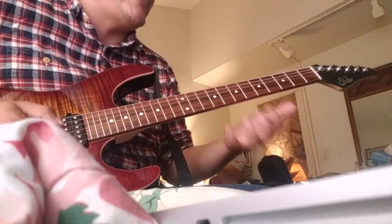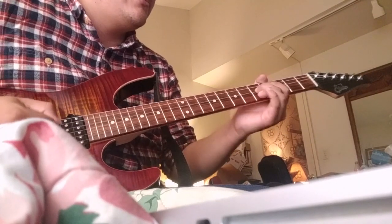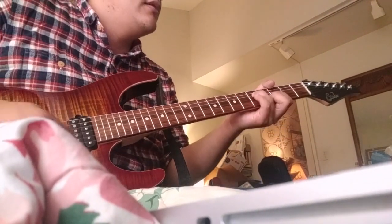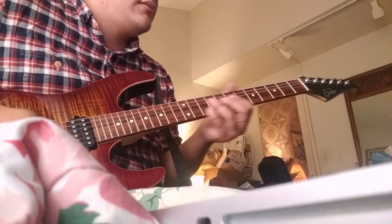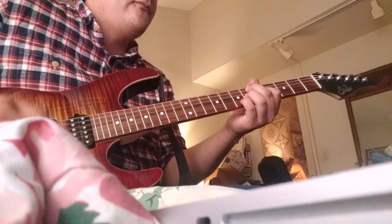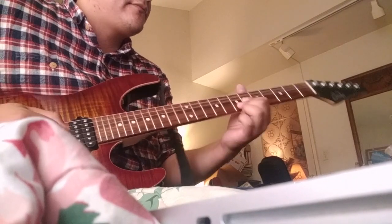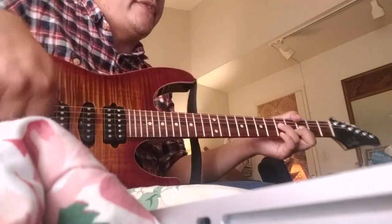And then here, what I do is the end of part 2. So slide 3 to 5 on the D, 4th fret of the B string, right? And then there's a part where it goes into... so it does a... And what's happening here is that Hendrix chord, but just 2 notes of it. So we're playing the 6th fret of the G, 7th fret of the B. Okay? And if you listen to the song, again, it just kind of cycles through that over and over and